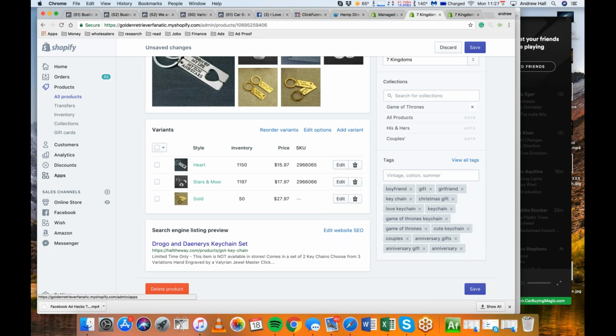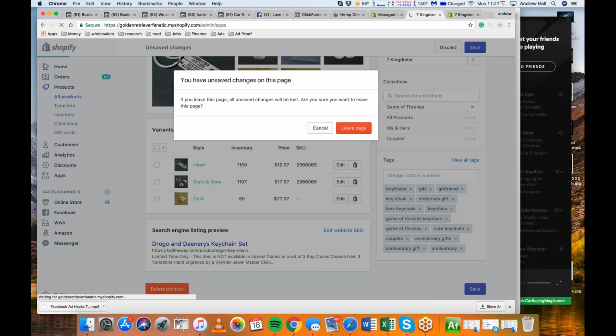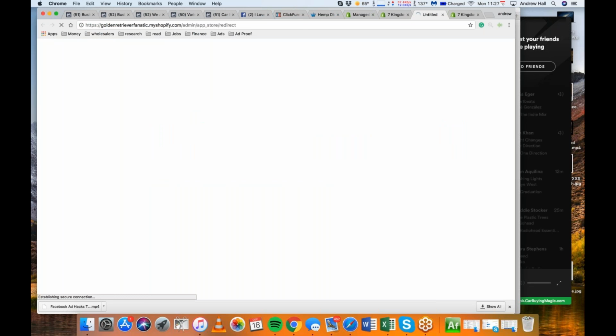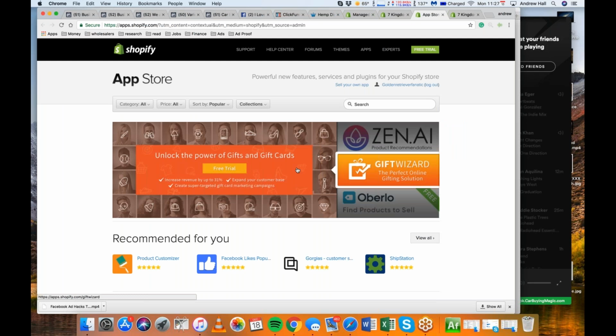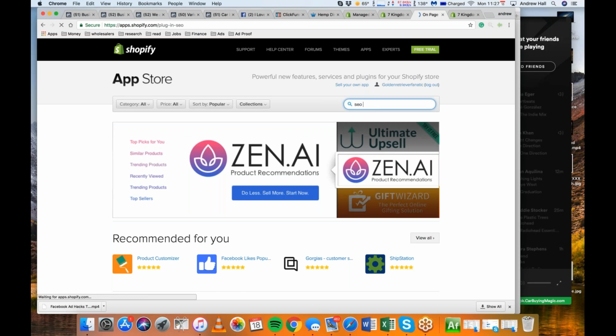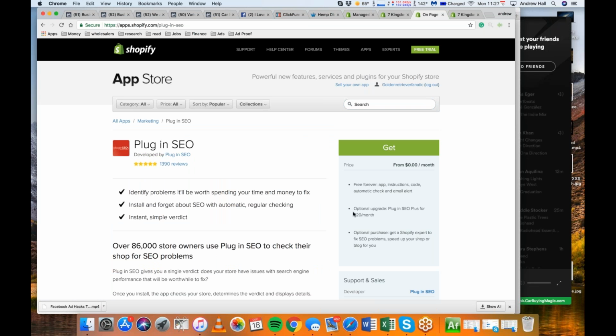You can even go into the apps here. It won't matter if we save it. There's an app that I used to use. I know this isn't Shopify, I'm just going to touch on this real quick because I know I had promised I would. SEO plugin. I think it's this one. This one's free. For 20 bucks a month, you can have somebody do it for you. But this will help you get more SEO, and there are all these different things you can do to make sure that you're optimized later on once you start.